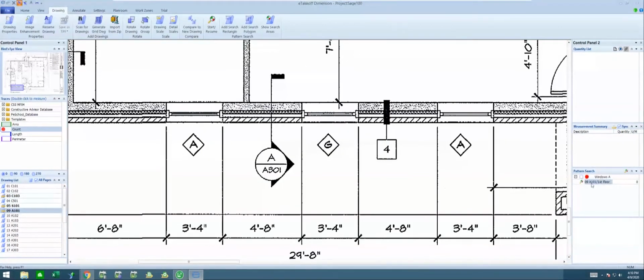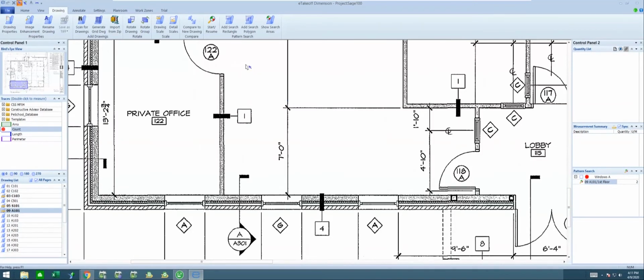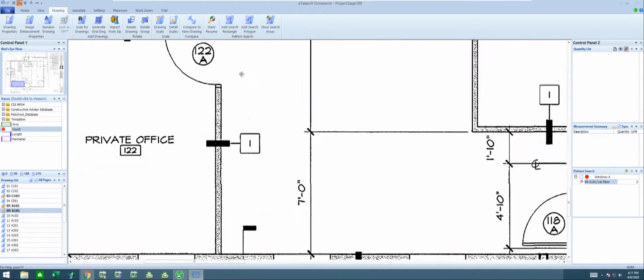And what that's going to do is go off down here in the background and start searching through that page for whatever it can find. Now, the other thing that's very powerful about this product is I could come back and start searching for other things at the same time. So I could say, okay, I want to search for a square box, or maybe a circle, because a lot of my circles might refer to doors or something of that nature. So I might zoom in on one of these a little bit.